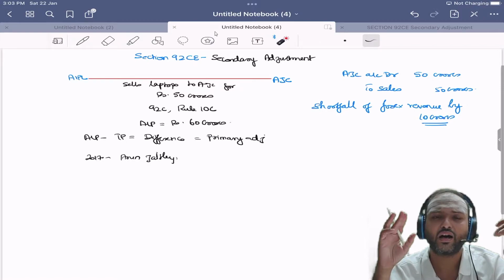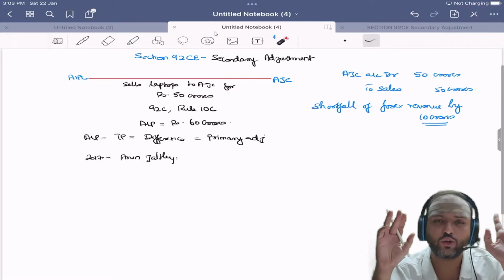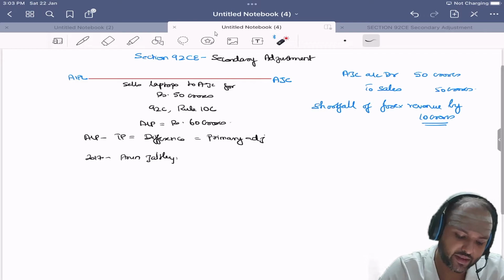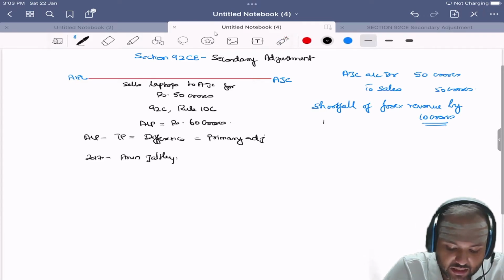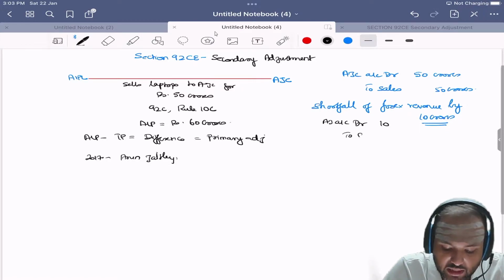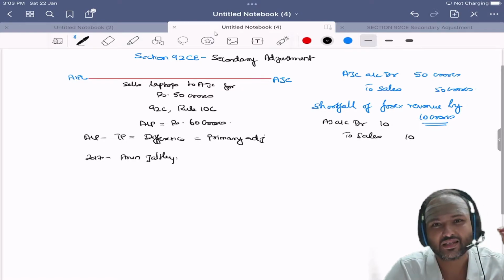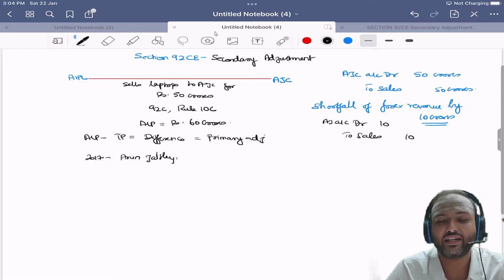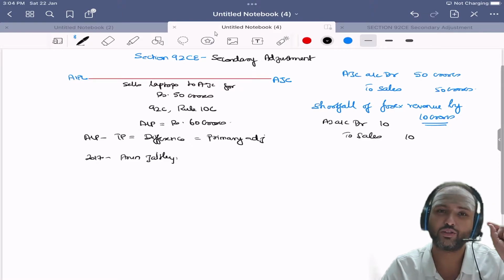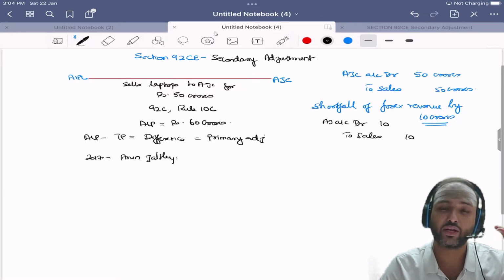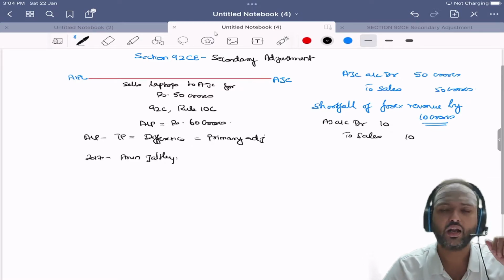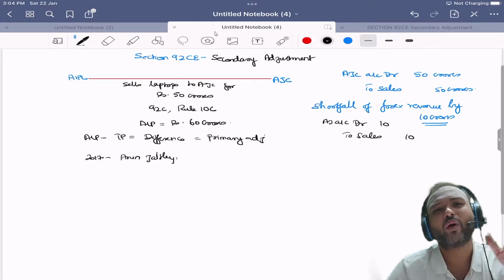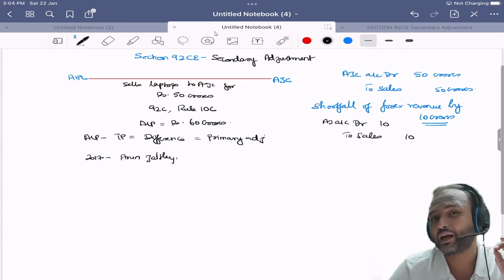Sir, assuming that I added to the books of accounts, what can the accounting entry be, sir? The accounting entry instantly will be the balance: AJC account debit 10 crores to sales 10 crores. Sir, most of the entities follow mercantile system. So they are going to ensure that everything is booked at the accrual stage itself, the revenue is considered. Now, if I keep quiet, why will the department even come? How will the department even come to know?